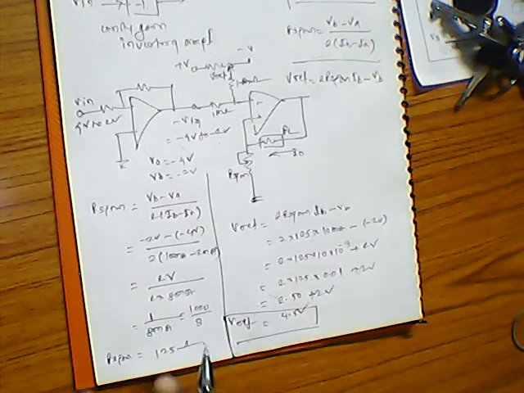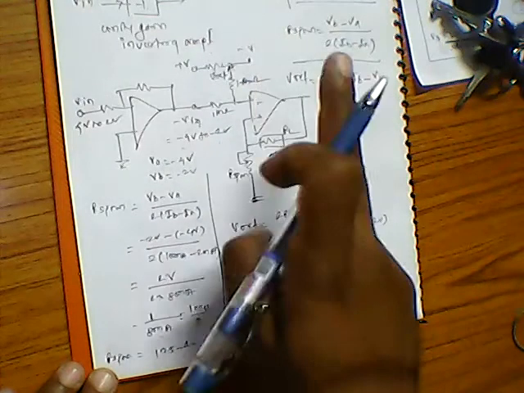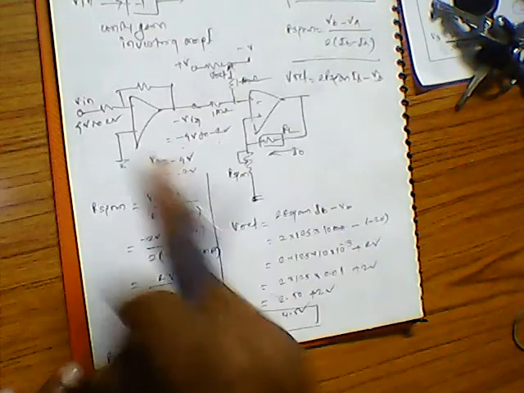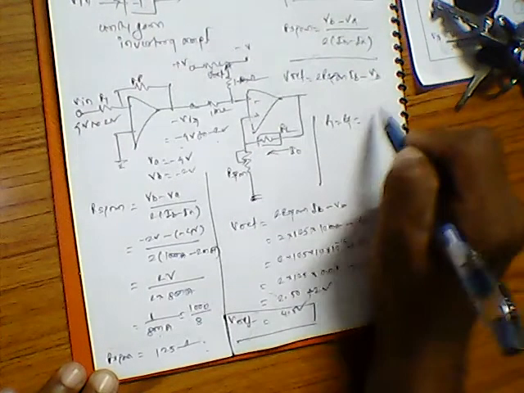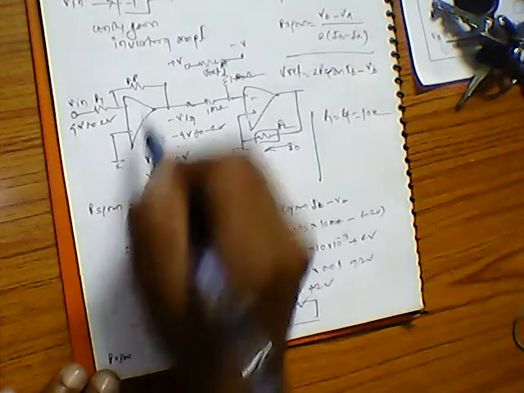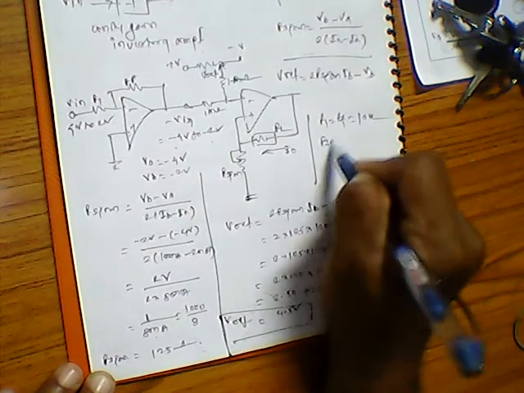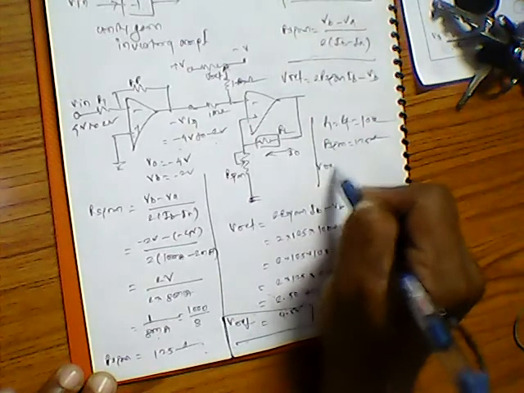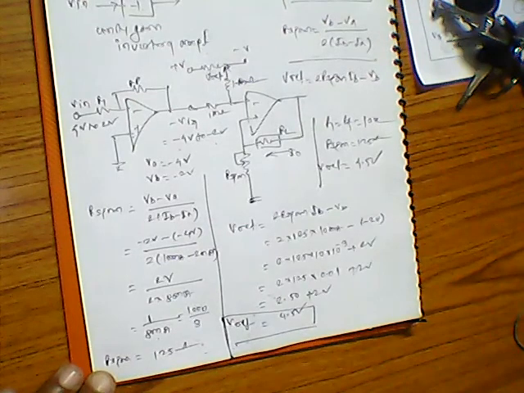So putting these values in this circuit, R span is 125 ohm, and V reference is equal to this particular value. R1 is equal to RF, we have to put it like this: R1 is equal to RF is equal to 10K. This will be a unity gain amplifier. R span is equal to 125 ohm and V reference is equal to 4.5 volt. The problem can be solved.